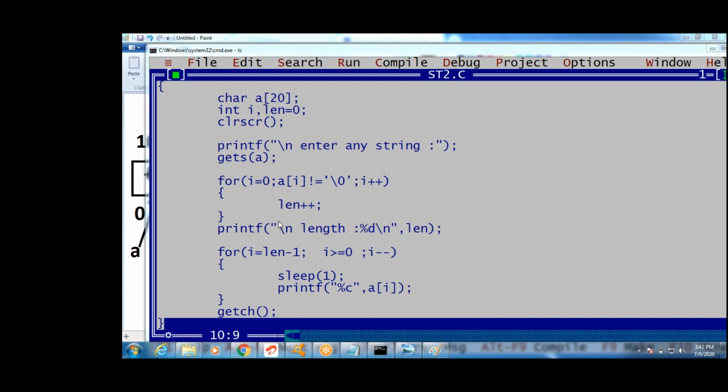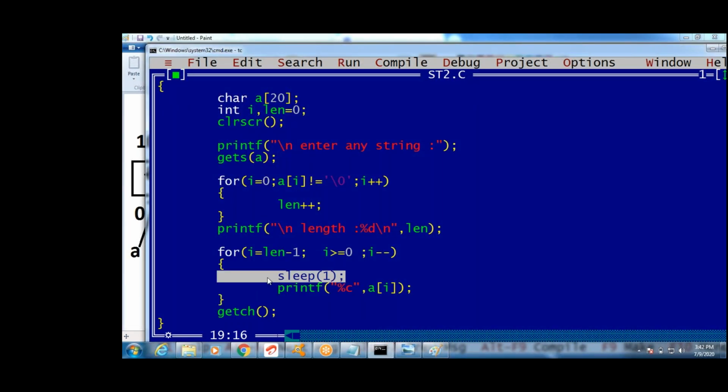How to copy one string to another string, guys, without using functions. You can also write it without sleeping, but then it directly shows the output. That is what I'm telling.